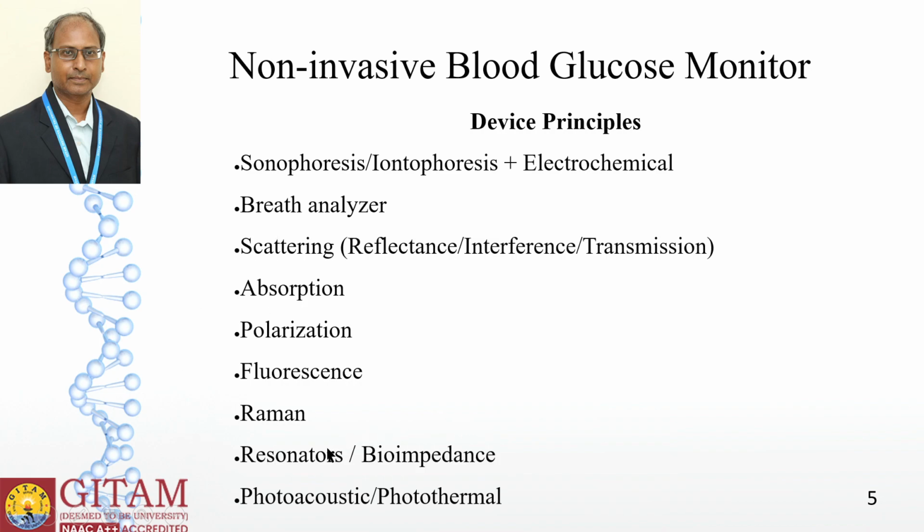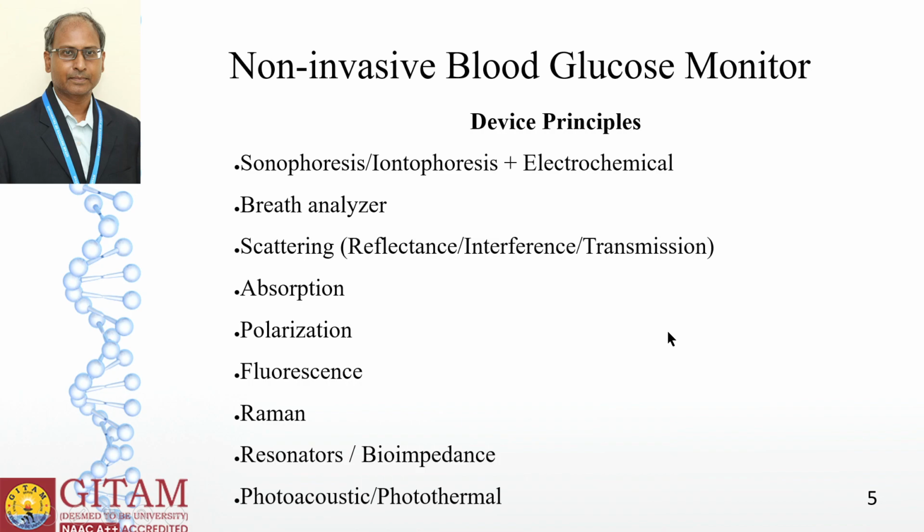Microwave based resonators and bioimpedance measurements have also been used for measurement of glucose in blood non-invasively. Photoacoustic and photothermal methods use a beam of radiation, usually a laser, and it's absorbed by glucose. The resulting sound waves or heat are measured to estimate glucose. Now there are at least 10 publications on each of these methods, and in some cases more than 100 publications. However,